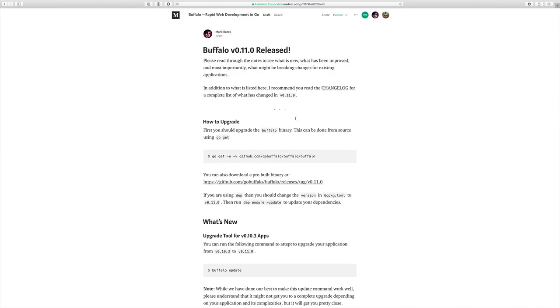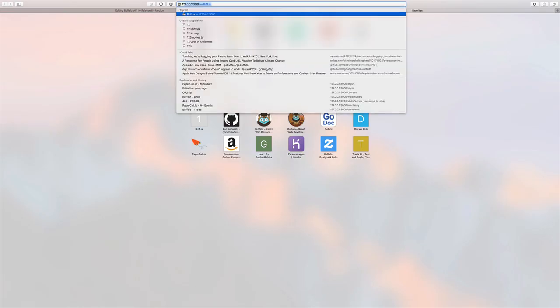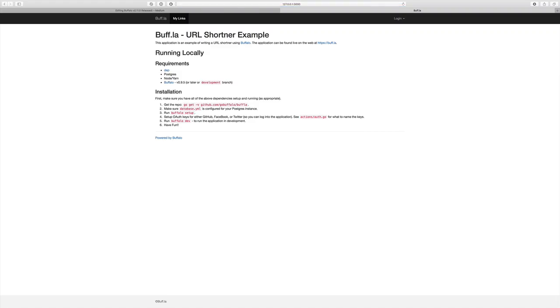So I'm going to go to my browser. I'm going to go to 127, and there we go. Look at that. Our application seems to be working just fine. So that's pretty exciting. That's the Buffalo update tool